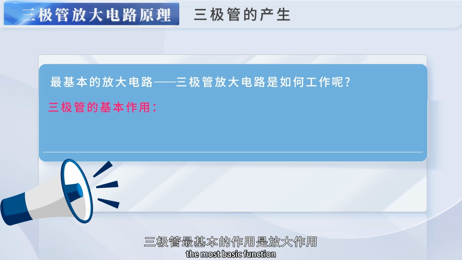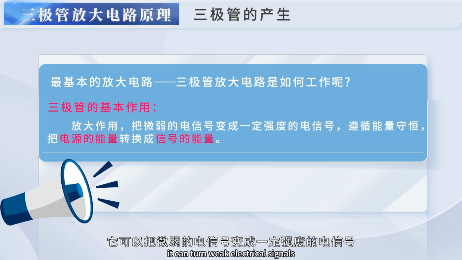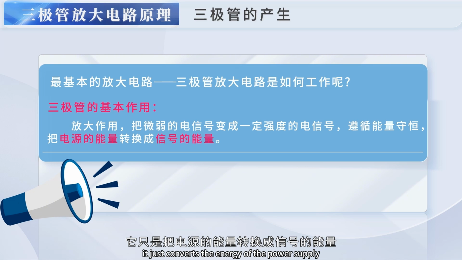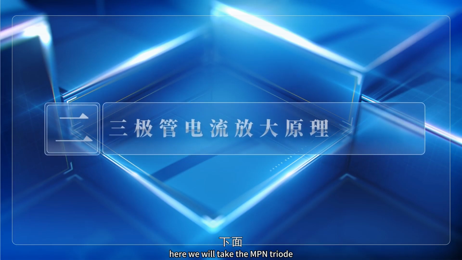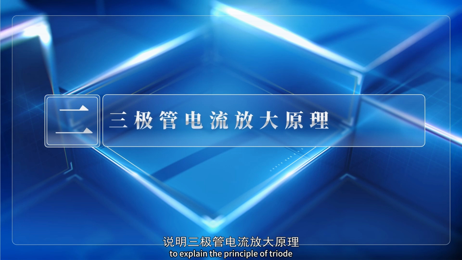The most basic function of a transistor is amplification. It can turn weak electrical signals into an electric signal of a certain intensity. Of course, this conversion also follows the law of conservation of energy. It just converts the energy of the power supply into signal energy. Here we will take the NPN triode common emitter amplifier circuit as an example to explain the principle of triode